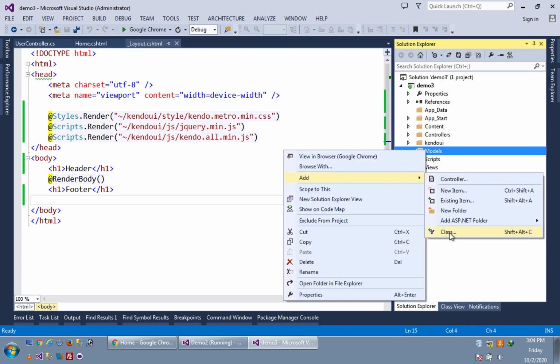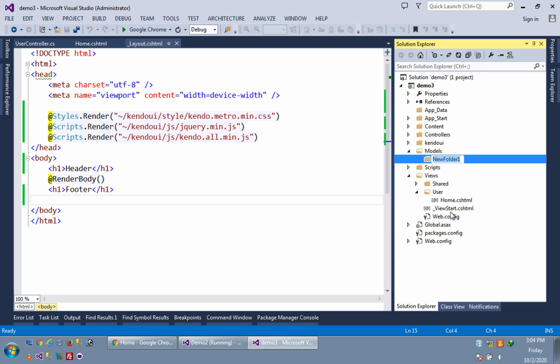Before adding one class I will tell you that we have to make one folder here for database classes. We will create a class for each and every table of the database, and we will put all those classes into this folder named database classes.